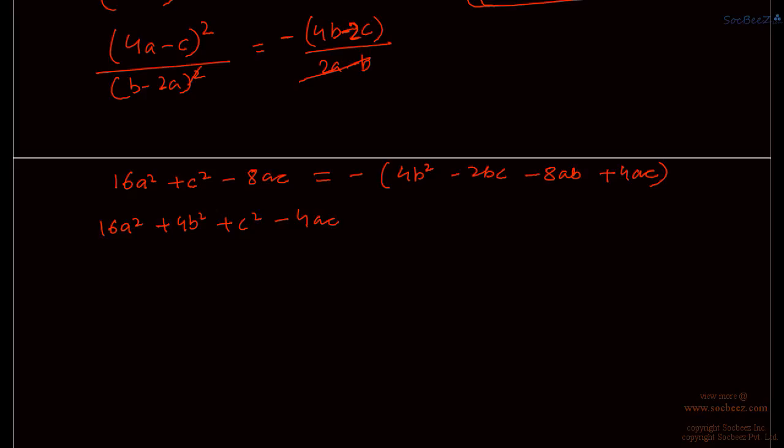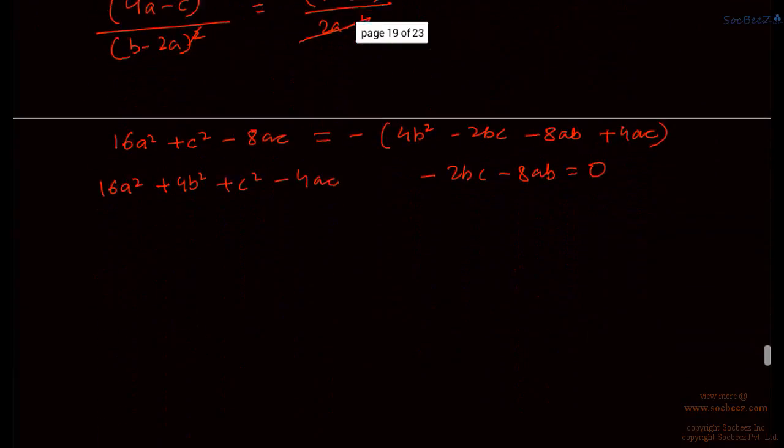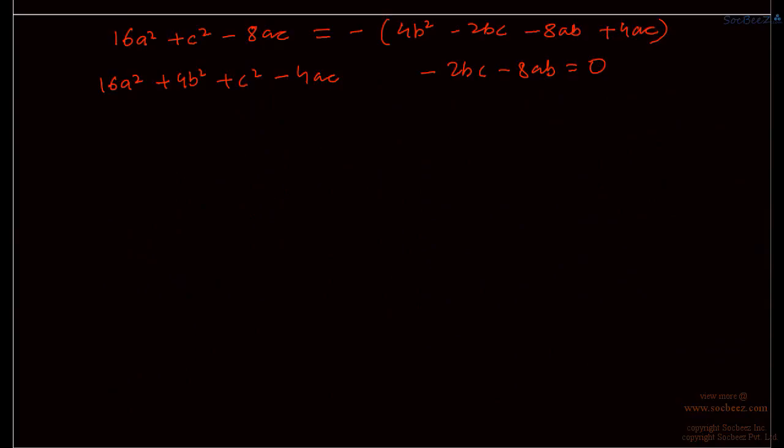And now, bringing it to one side, I have 4b squared minus 2bc and minus 8ab. Right? So I have 16a squared plus 4b squared. Oh, I'm so sorry, I've written b squared again twice. Okay, so let's try to factorize the equation we have got here. Right? So I have 16a squared plus 4b squared plus c squared minus 4ac minus 2bc minus 8ab equal to 0. Fine. So this is something,